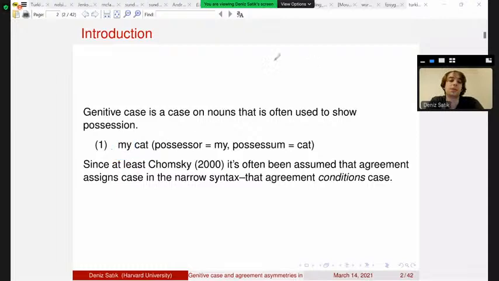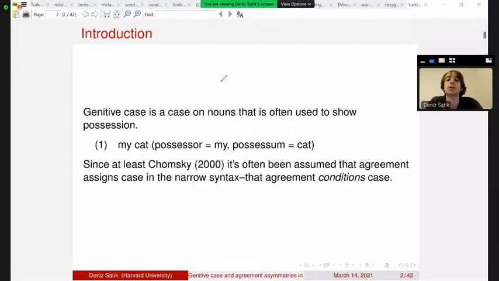Now, what I am interested in this talk is the relationship between the genitive case right here and the agreement that is on the possessum. This seems confusing because there's no agreement on the possessum, at least in English, right? Fortunately, we are all Turkish speakers here, at least I would hope we are. And we will be able to see agreement on the possessum, the possessed thing, in Turkish